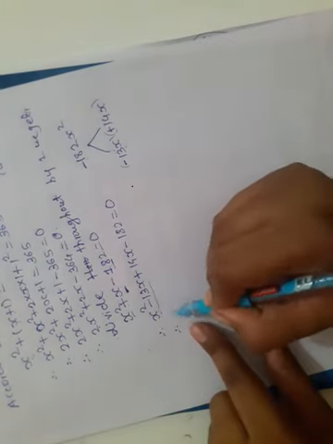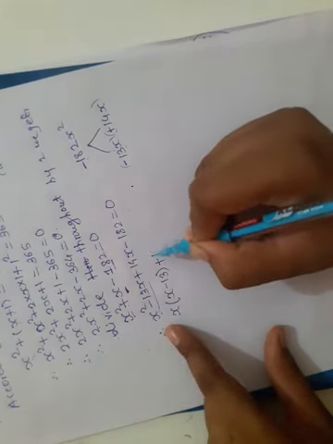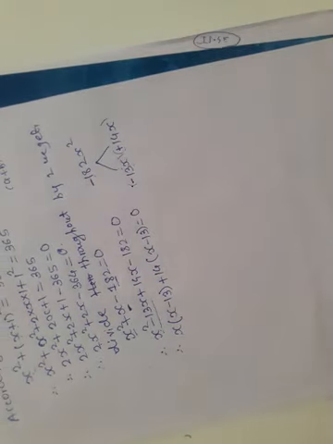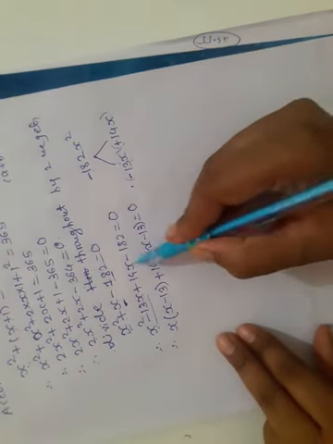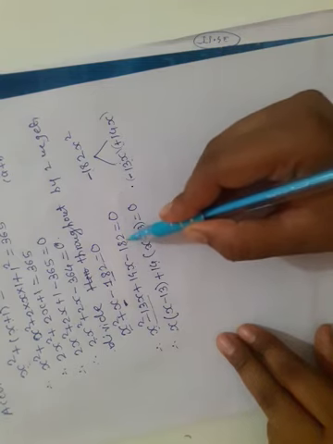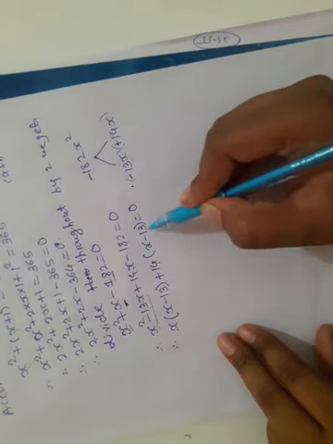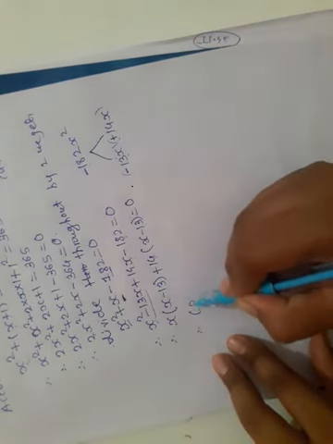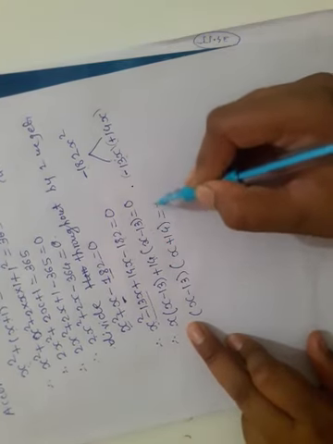Now take x as common from these two terms. x is common, in the bracket x minus 13 is remaining, plus 14 is common, in the bracket x minus 13 is equal to 0. You know very well how to split the terms. Take 14 as common, x is remaining, and when we divide 182 by 14, because we are taking 14 as common, we get 13 as the quotient, so minus 13 is equal to 0. These two brackets are similar, so take x minus 13 as common, into x plus 14 is remaining, equal to 0.